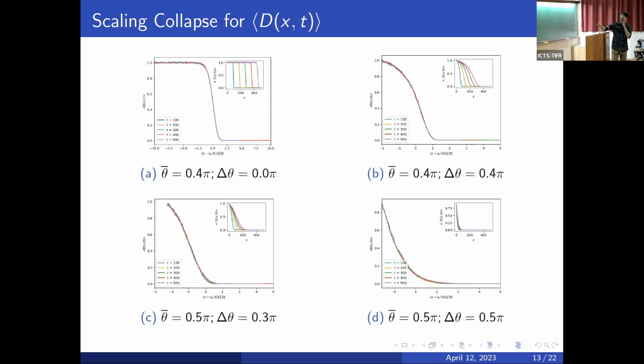The first plot shows a standard zero width case where the different plots indicate longer and longer times, and we find values of x, v, and xi that allow it to collapse to this. Similarly for all of these cases. And given that the collapses are so good, we look at what the values of the exponents alpha and beta are